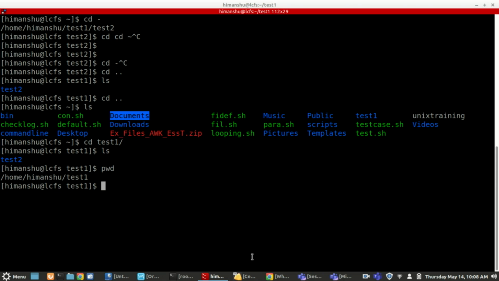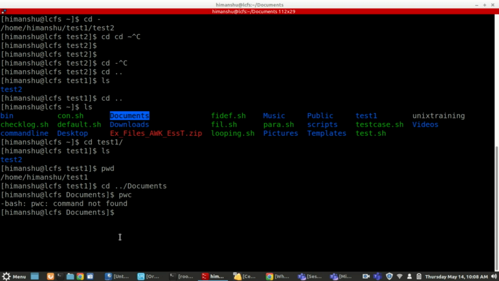Yes. So cd dot dot, as I told yesterday, it will take you to where? To your parent directory, whatever the parent directory is. So as soon as you go to the parent directory, the command will take to here, and then I will say, okay, now I am at parent directory, now take me to documents. So I will type documents. So this will directly take me to the documents directory. Clear?